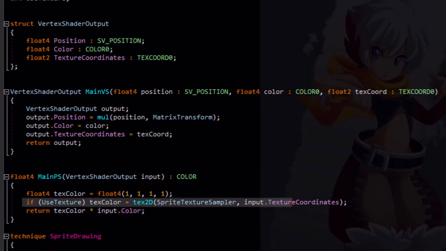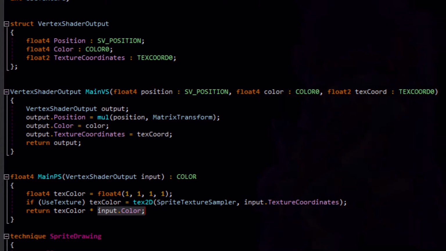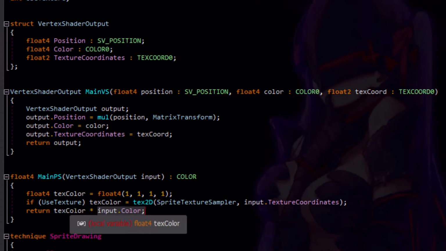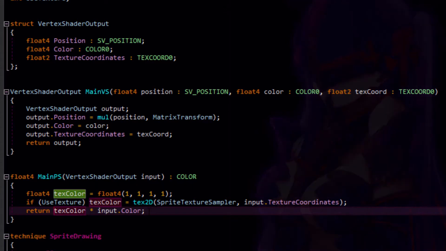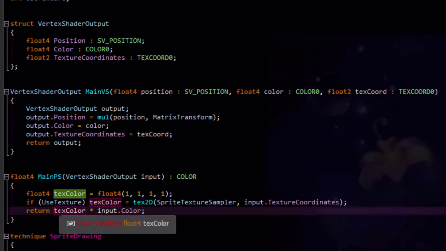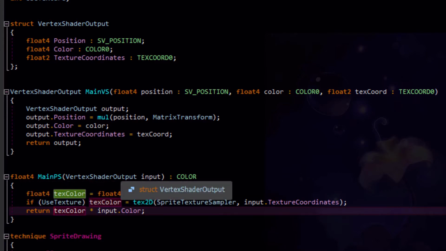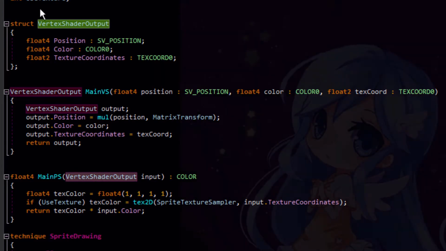So yeah, if it was set to not use a texture, obviously it would just multiply that solid white by whatever color. So if this was blue, for example, then the red, green, and the other channels would be cut down to pretty much 0 if this was a solid blue, but the blue would stay at 100%. Just depends on how blue it is. If it was a bluish green, then maybe part of the green channel would be cut in half or whatever. That's kind of how the pixel shader is set to work right now, and I'm using this vertex shader output